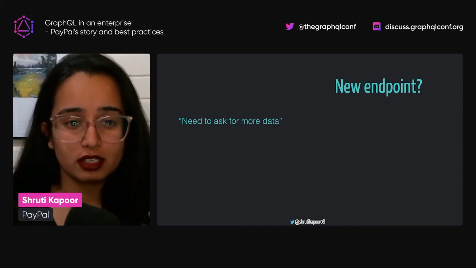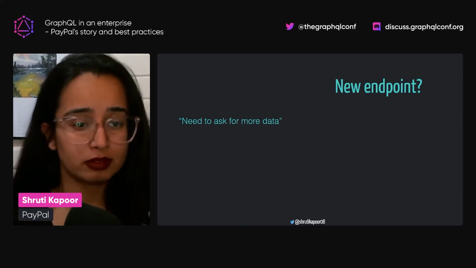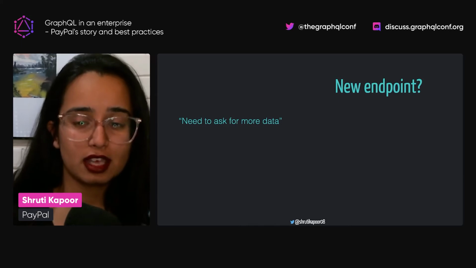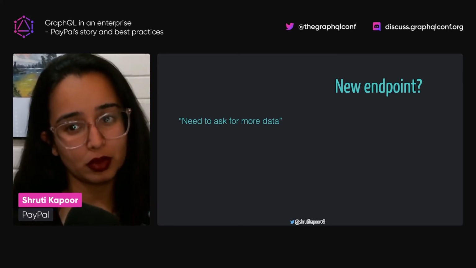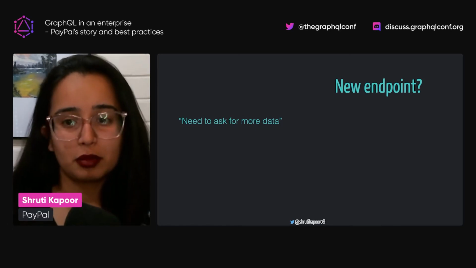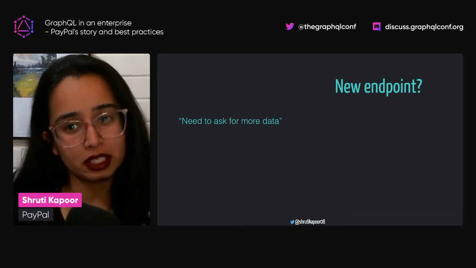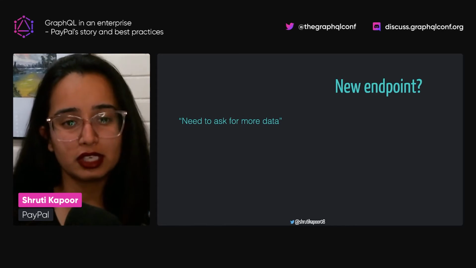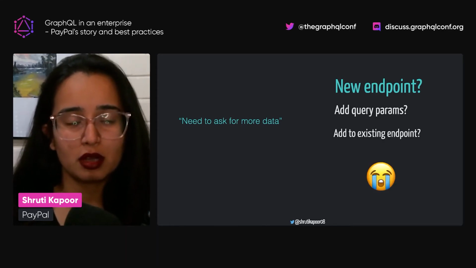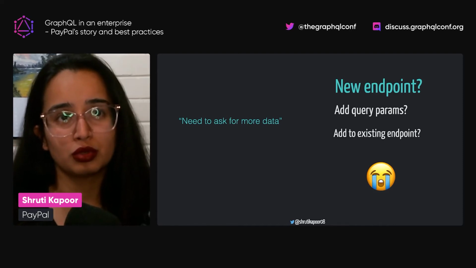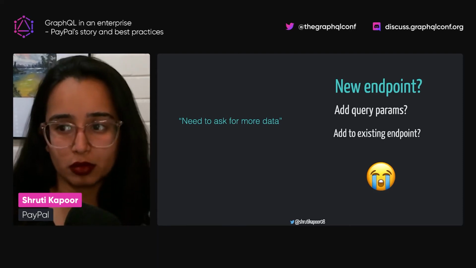Another option is that if we do need to ask for more data, how do we ask for that? We could probably create a new endpoint. But do we create a completely new endpoint, or should we add a query param to an existing endpoint? But then what happens to the existing endpoint?